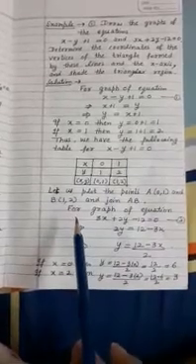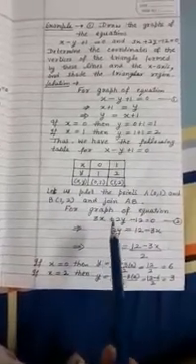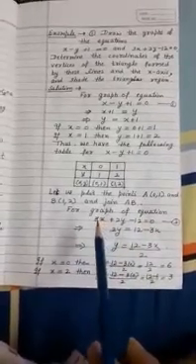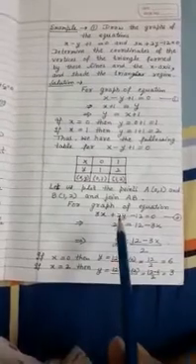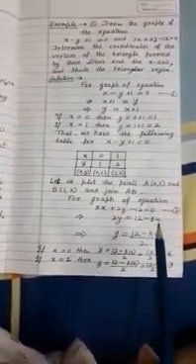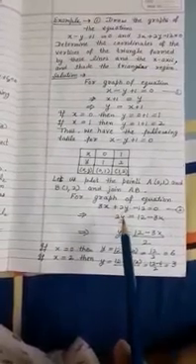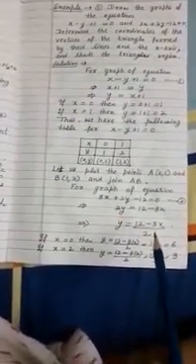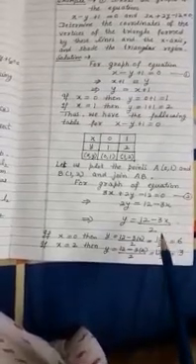Now similarly, we will consider the second equation, which is 3x plus 2y minus 12 equal to 0. Here we have shifted 3x and 12 to the other side. You see here, minus 12 will become plus 12 and 3x will become minus 3x. And as we have to find out the value of y, we have to shift this 2 to the other side, like y equal to 12 minus 3x upon 2.